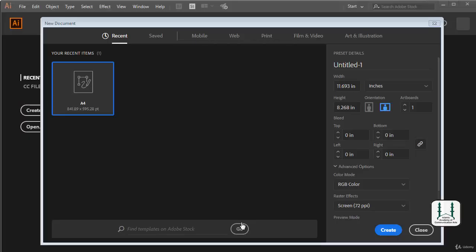That's what we have seen, that we have accessed this new document dialog box by selecting the create new option, or by going to the file drop down menu, or by using the Control N for Windows or Command N for Mac hotkey. And we have seen in the previous lesson that we have some predefined sizes and resolutions here to start our project. But here you can see that you can give your own details to start working on